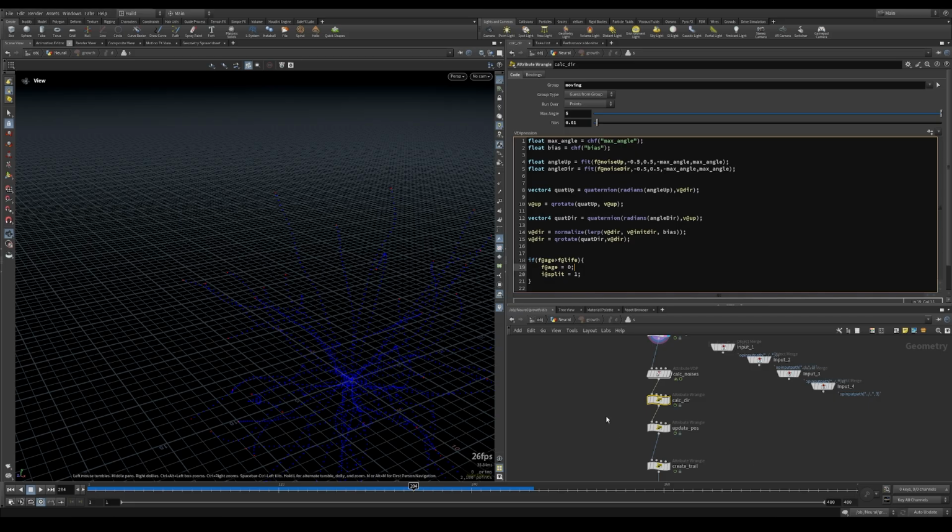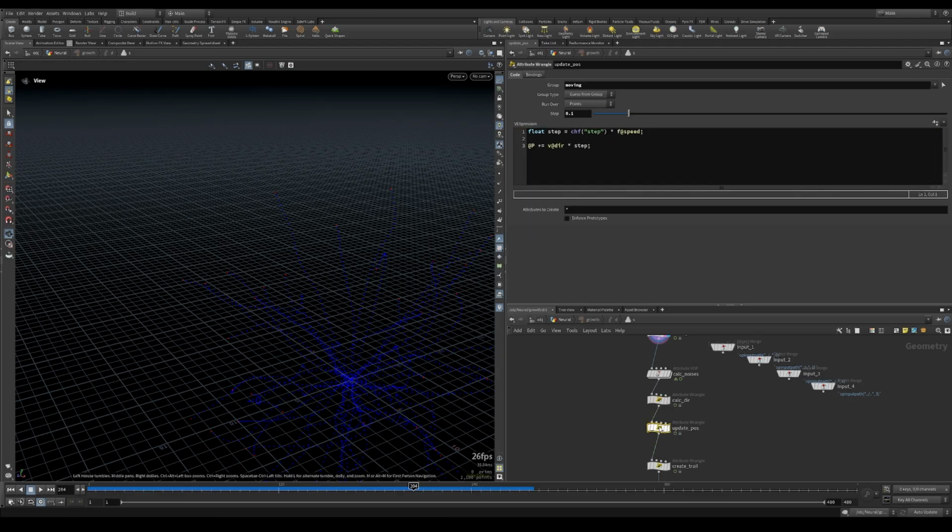Now, since we know that we are about to generate more points, we want to make a little tweak on the update post wrangle, because here we are using the step value and the speed. The speed is basically randomized on the original point, but now that we are creating 2 points from one, we don't want the same speed to be inherited on the newly created points. So we want to compute another random value based on the point number that will update when we generate other points. So after the multiplication here, we also want to multiply it for